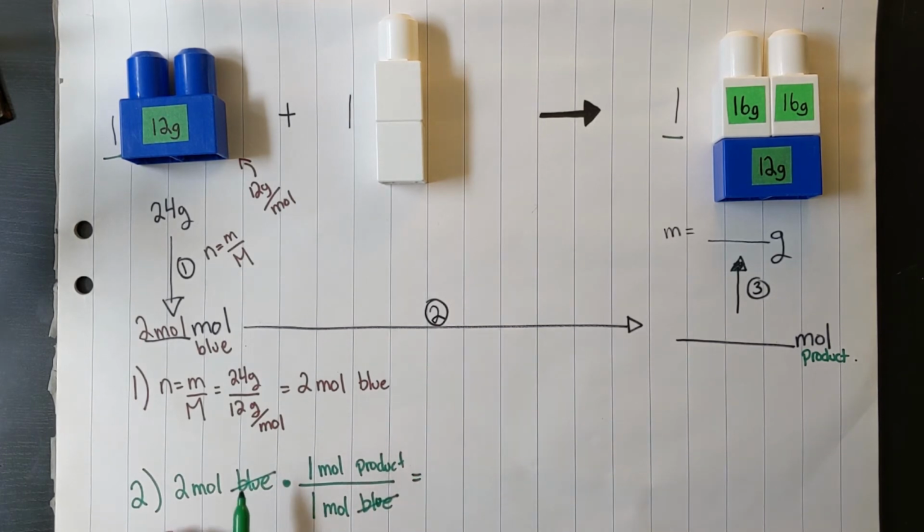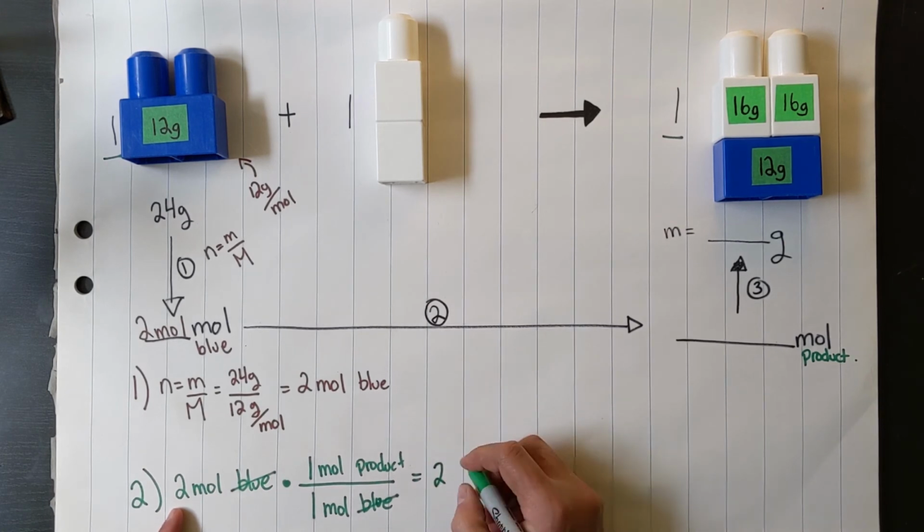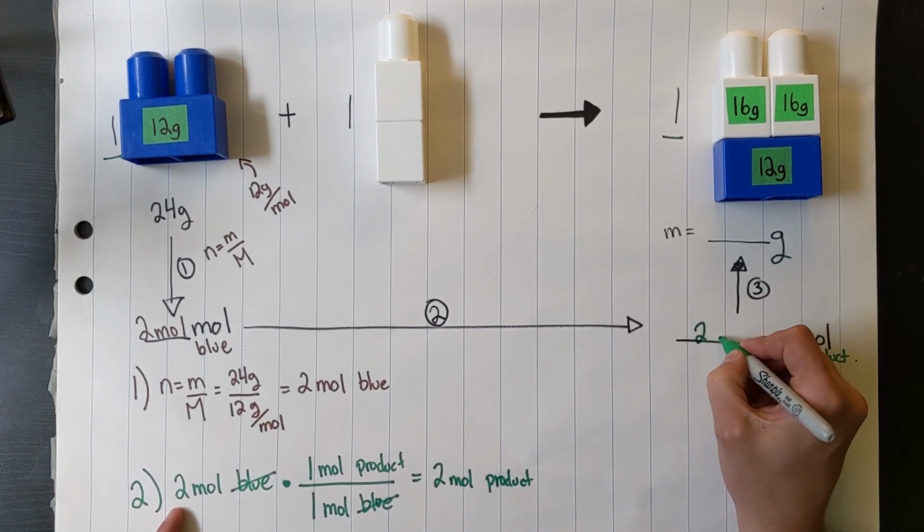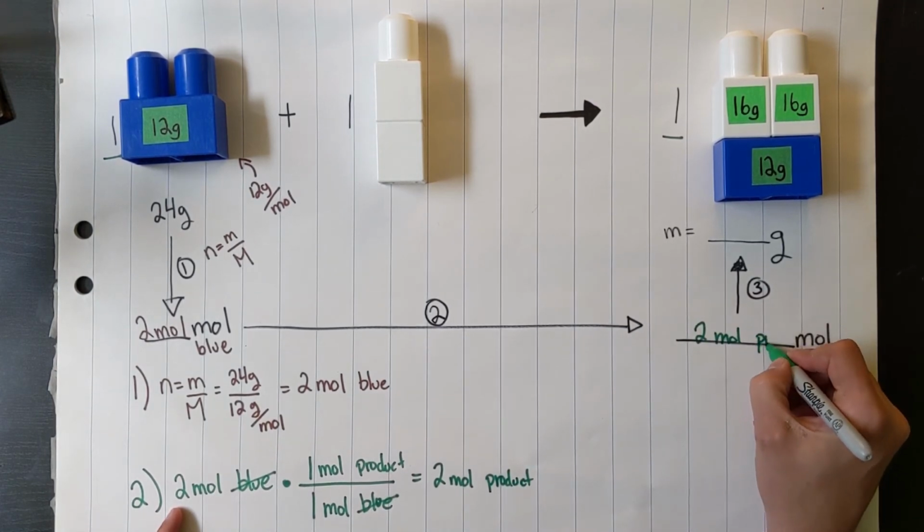And so what this will show me is mathematically I have to take 2 times 1 divided by 1, and then that's going to give me my moles of product, which is 2 times 1 divided by 1, still, of course, equals 2. So there will be 2 moles of product